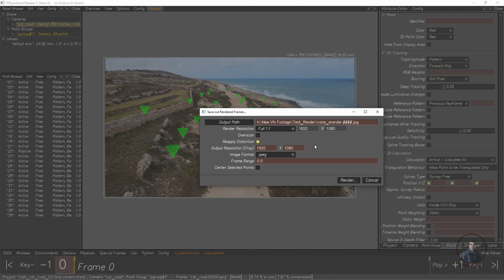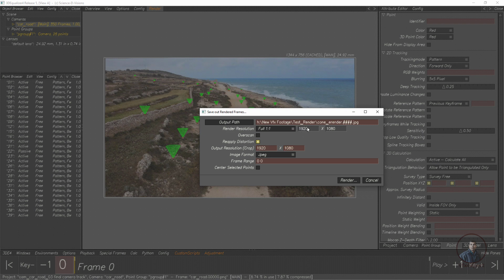But suppose if you want to render your output with overscan frame size, then first you have to check this one, then you have to generate your overscan frame size, because whatever frame size or value we are getting here is not the actual overscan frame size. So you have to generate it. So how can we generate it? For this I have already created a video on how we can generate overscan frame size, but here I am going to show it simply.